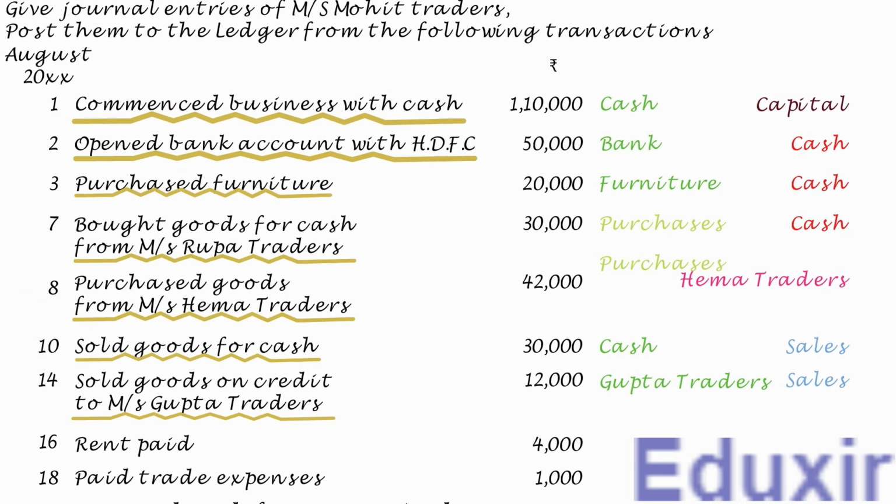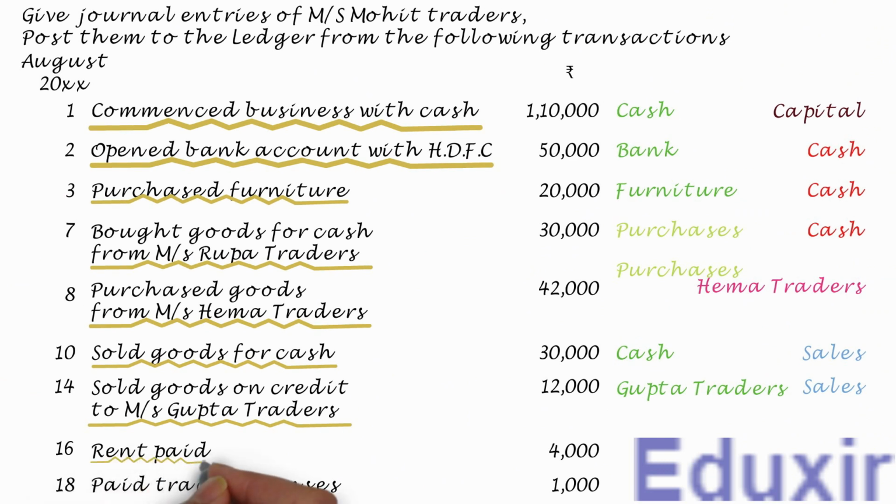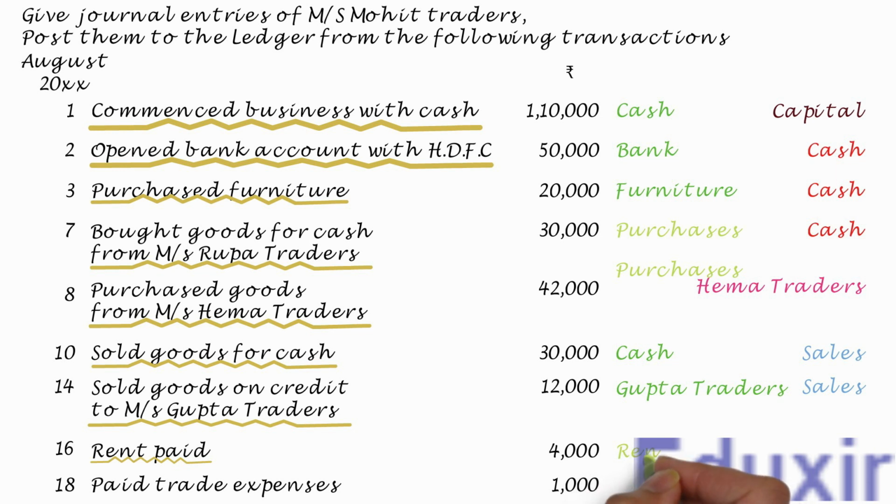In this transaction, the business has paid 4,000 rupees of rent. Also remember that, unless otherwise specified, all the payments are usually considered to be done in cash. So, this transaction can be restated as rent paid in cash. So, in this transaction, the business is incurring an expense named rent. The rule to record any expense incurred is to debit the corresponding expenses account. In this case, the rent account should be debited.